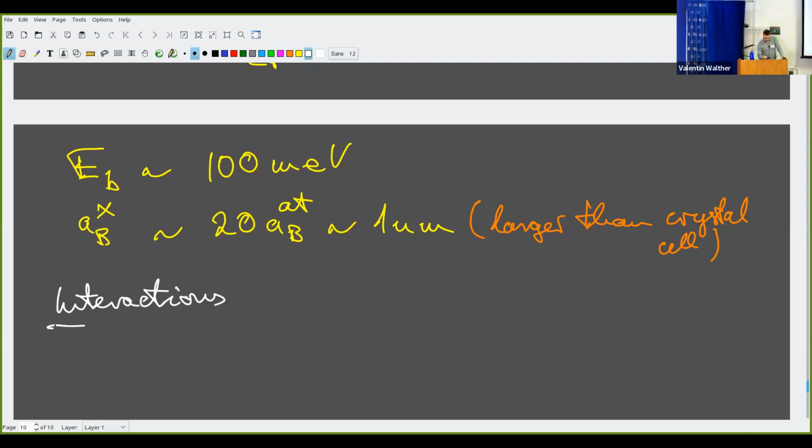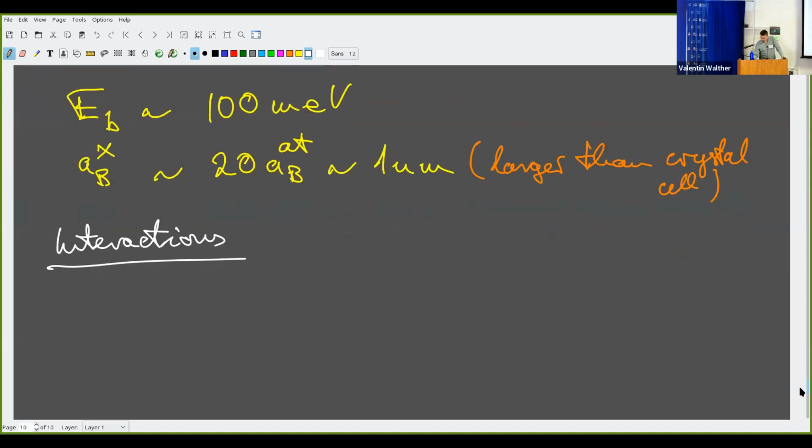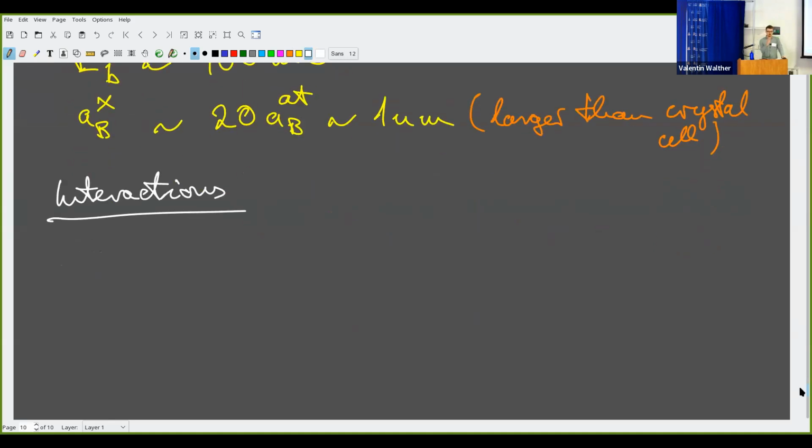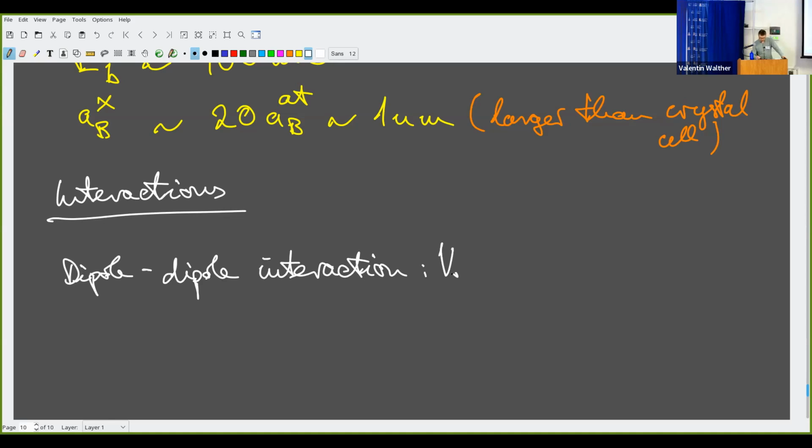And so now let's compare interactions between Rydberg excitons with interactions between Rydberg atoms. I'll go a little more into detail where this interaction comes from, but this is exactly what we already saw in Tillman's lecture. So the dipole-dipole interaction for faraway particles